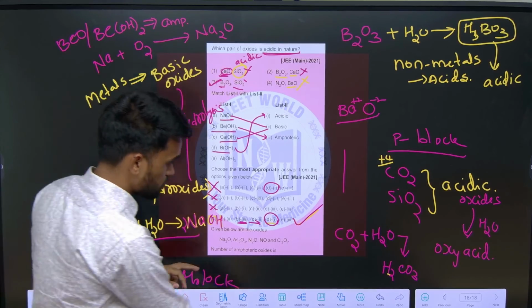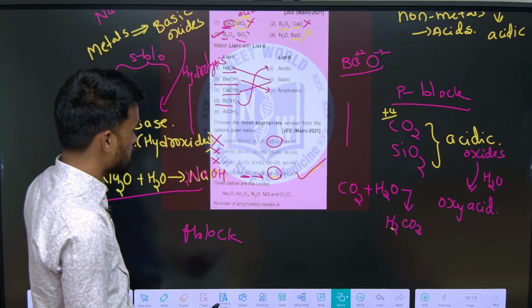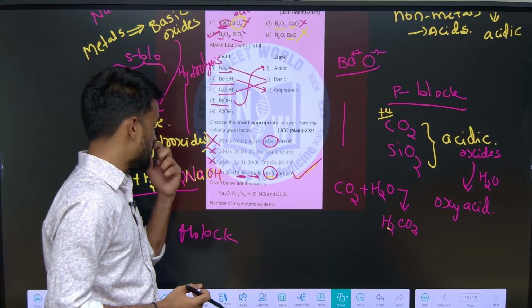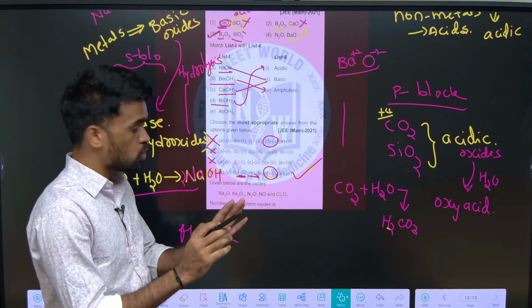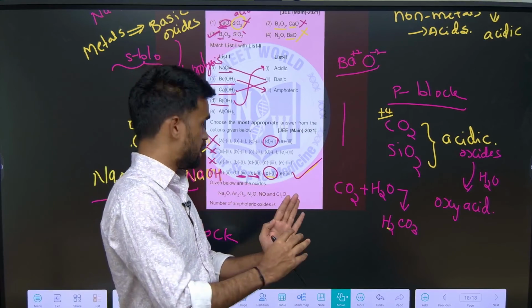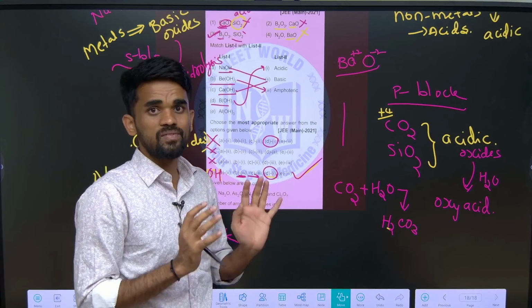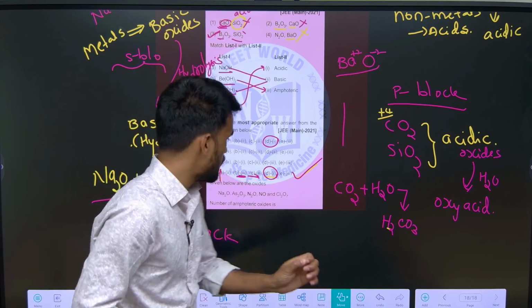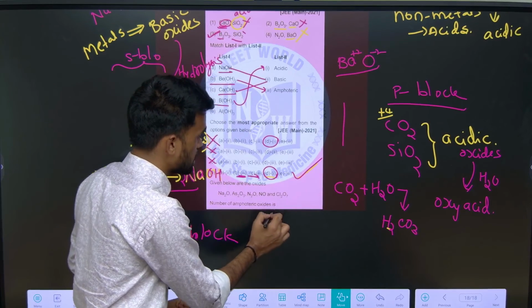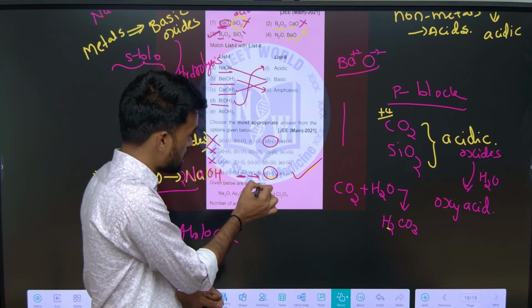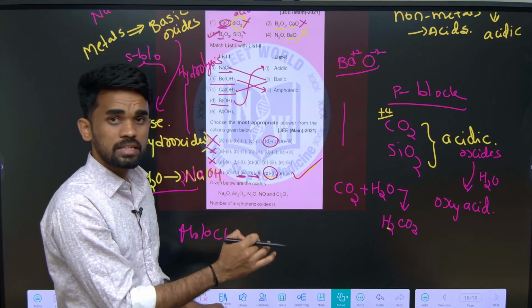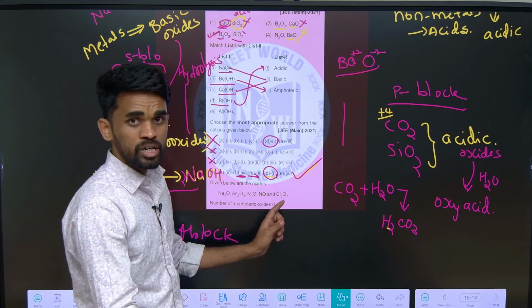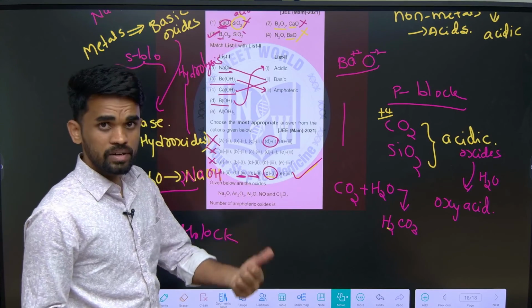Next, given below are the oxides, and the question asks the number of oxides which are amphoteric in nature. I will be giving this as an exercise question for you. Go through classification of elements. At the end of the chapter in the NCERT or whatever material you have, you will find a list of oxides. Go through that list, choose which are basic, acidic and amphoteric, and give me the final answer in the comment box.